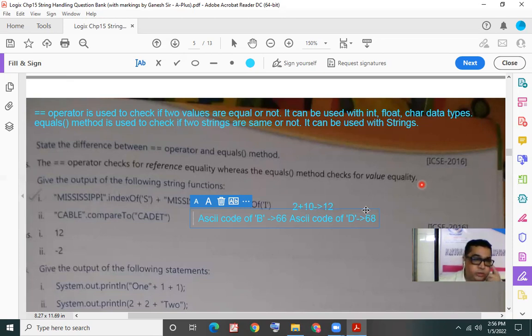So the calculation would be like this: 66 minus 68. First we take the ASCII code of B, 66, and subtract the ASCII code of D, 68, and we get -2. This is the result we are going to obtain. If this was written in a System.out.println, -2 would be printed.